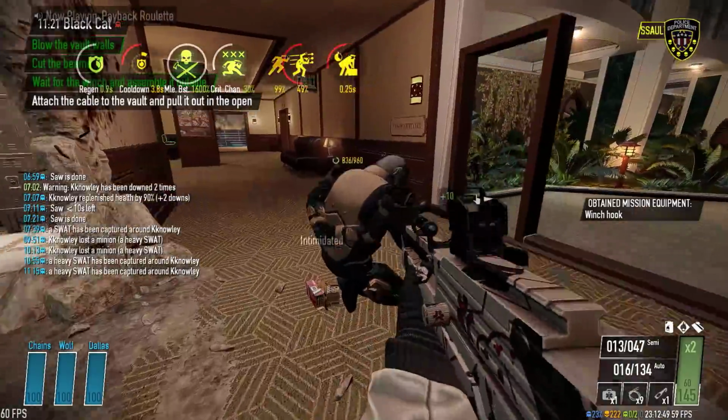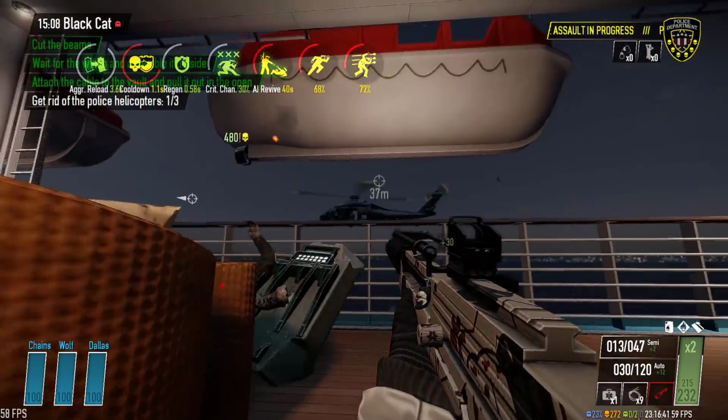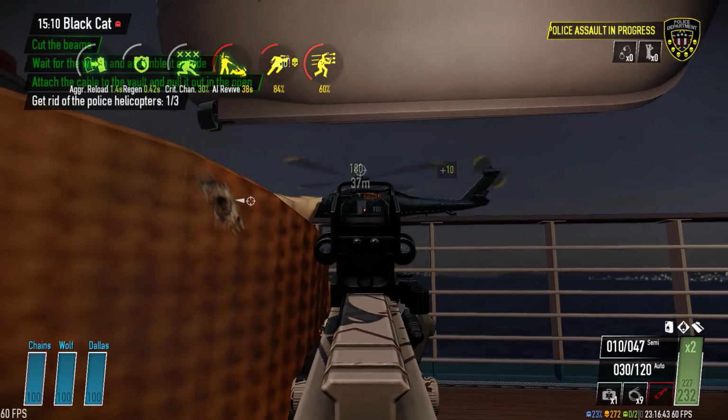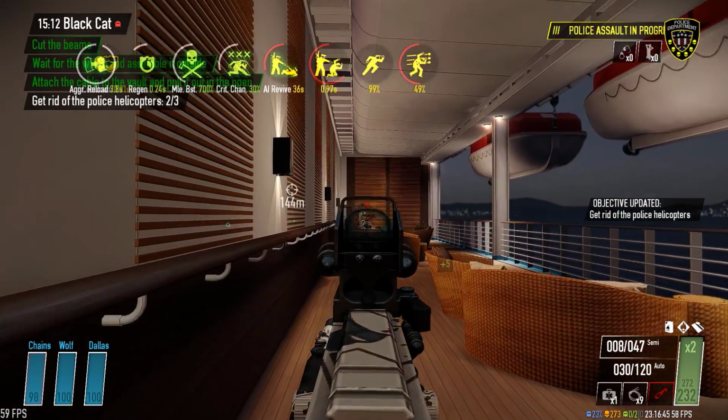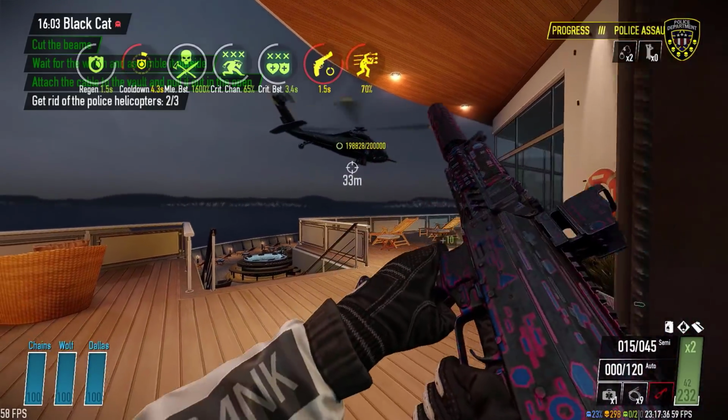Before that can be pulled off, 3 chopper spawns will slow things down. I think these are designed so you have to explore the other areas of the yacht before escaping. 2 of them are covered by snipers, the third is a mounted turret, which can be pretty insurmountable depending on